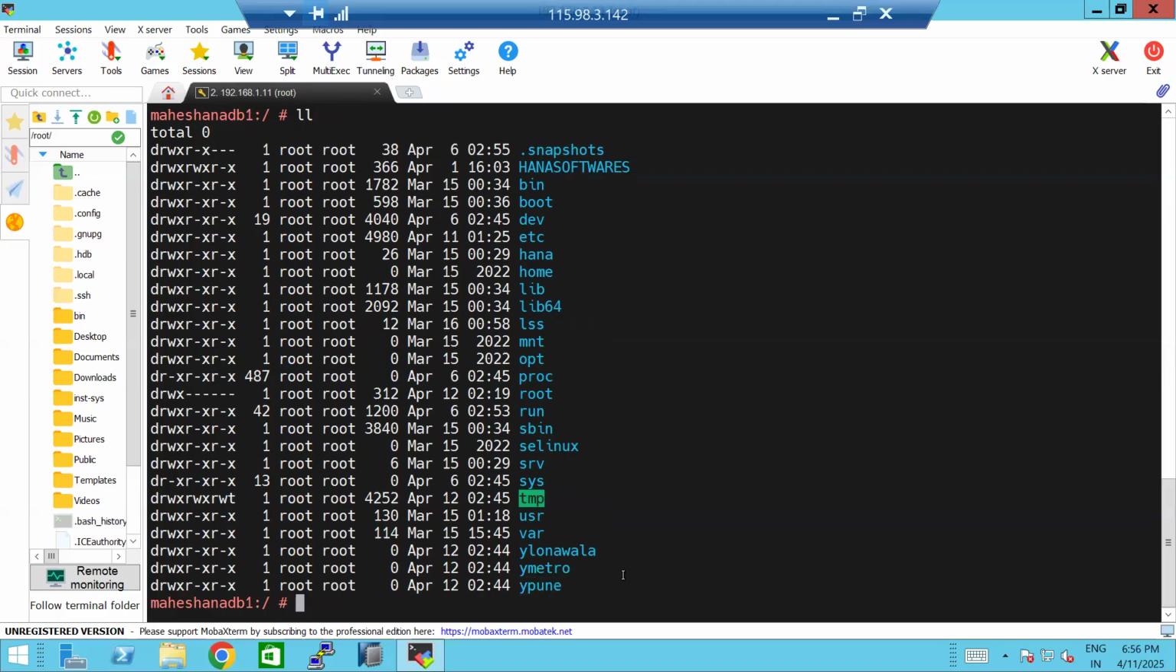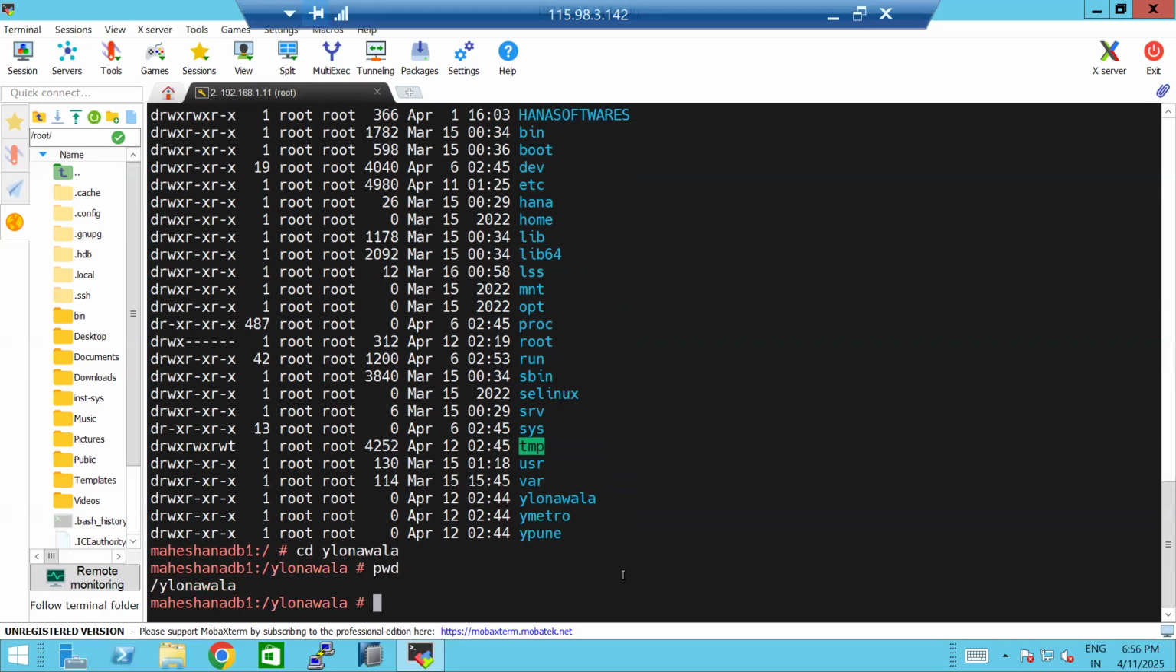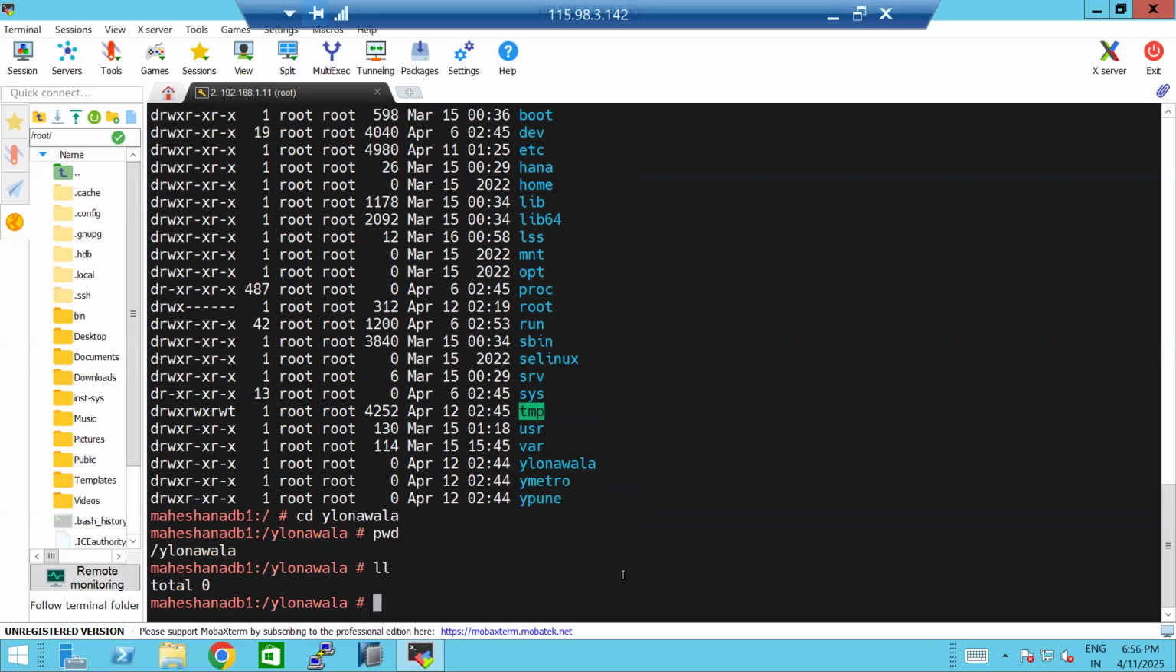Now, if you want to change the directory or switch the directory, use the command cd y Lonavala. Go for enter. Now you are in the Lonavala directory. Go for ll. So we don't have anything in this directory. Now use the command